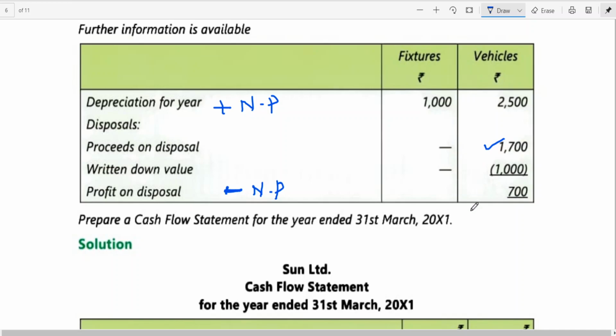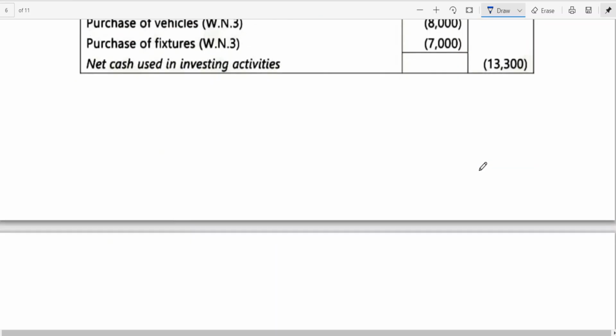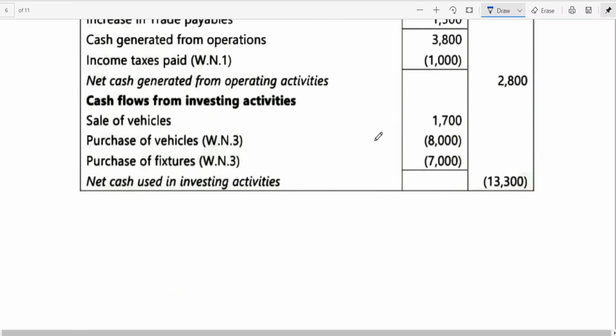These things you have learned in single entry. In the last few problems, maybe the 16th or 17th problem, we had purchase of plant and machinery, sale of plant and machinery, one problem exclusively covering opening of account including the accumulated depreciation concept. So I think you have learned these things. For the cash flow statement, what I need is either receipt or payment. So 1700 is a receipt. I think that has been clearly mentioned. So sale of vehicle, how much did I get? 1700 rupees has been given.